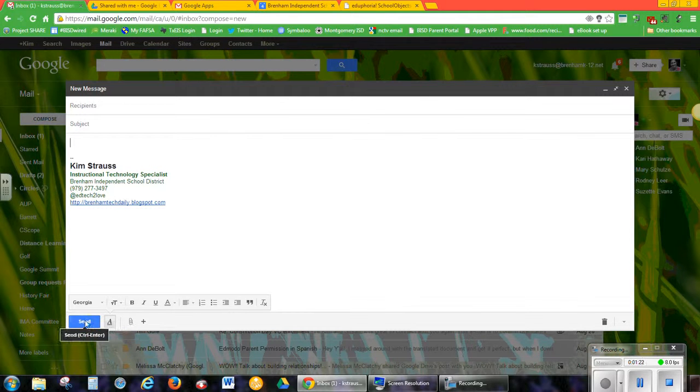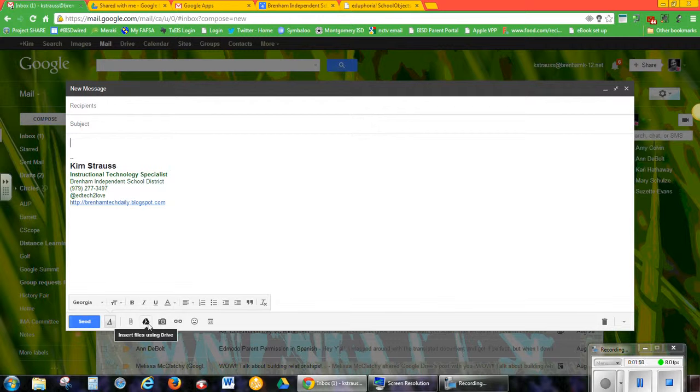You have the main toolbar next to the word Send, and it will auto hide different functions. But the functions that are most used are things like inserting a link, so you type in a website and then you have to make it live, and inserting a photo. And here's a neat function, is that you can actually insert files from Google Drive. So instead of hitting the attach, which means it has to be on your computer, you can hit Google Drive and you can add your files